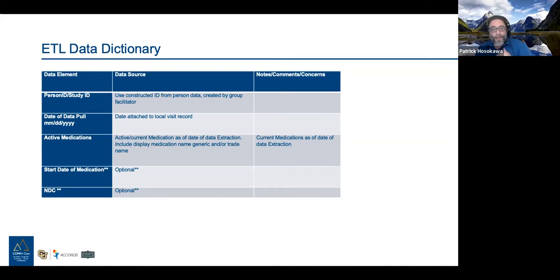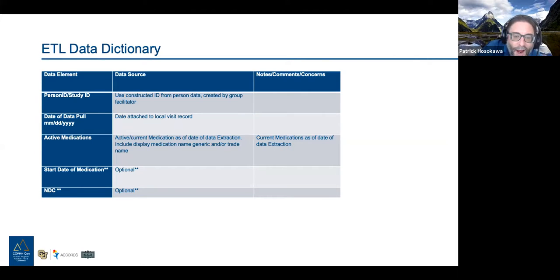Now, that took a couple of rounds with different patients, and it took actual quality control to look at that date as it came in and say, is this likely the date of data pull? Are they sending us something else? That sort of thing. Frequently, if you saw the date of data pull and the start date of medication being the same, that would be an example of an interpretation disagreement.